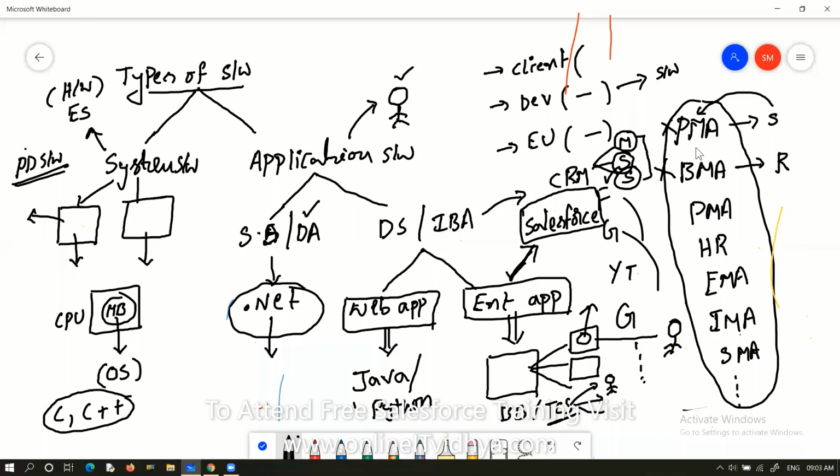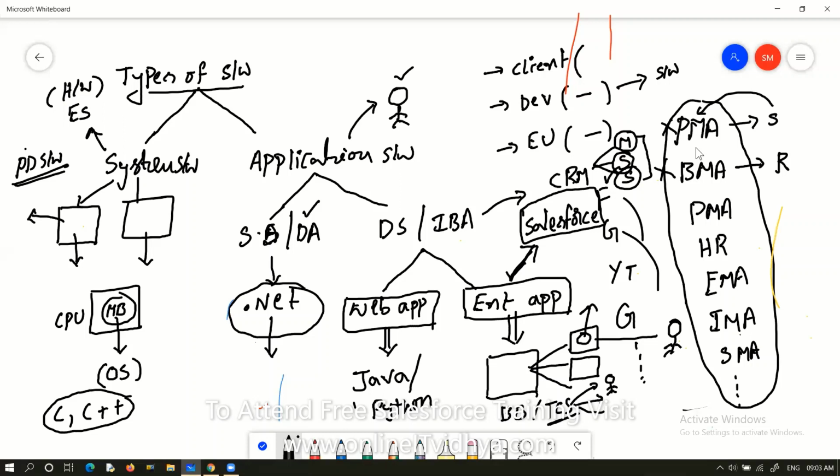conclusion is Salesforce is not a normal technology. See, Java, .NET, C, C++ are normal technologies. But Salesforce is a cloud technology. Why? Because the cloud computing concept was implemented in it.